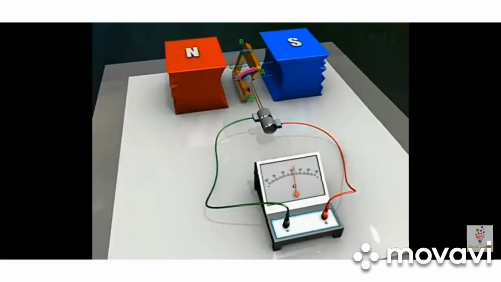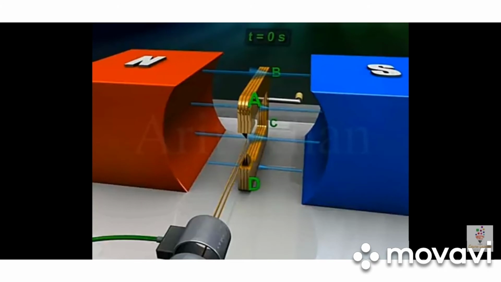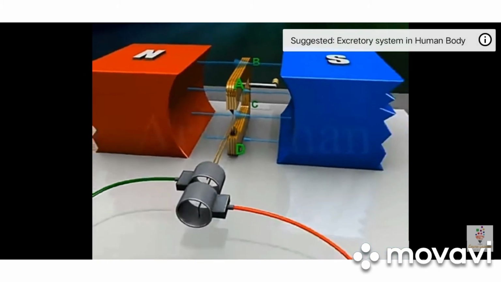Let us see here the graphical representation of the induced EMF. EMF is nothing but electromotive force. See, the graphical representation is against the time period. By using frequency, f is equal to 1 by T. See here, T is equal to 0 seconds whenever AB is starting from the upward position. When it comes back to the same position, the total time is T seconds. So here there is no change in magnetic flux when T is equal to 0.